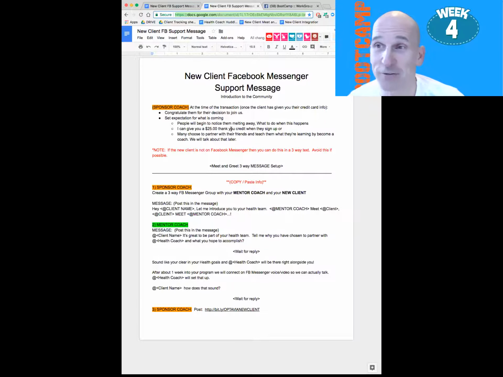It's going to be kind of interesting in the work groups because at the very beginning they'll be talking, and then it's just going to be the texting. And what you're really going to be practicing is the @ symbol with the person's name, right? That's going to need to be in there, and then walking through it. At the very end, this is the new client email or message that has all the details about them being a new client.